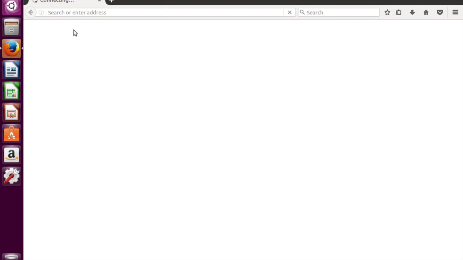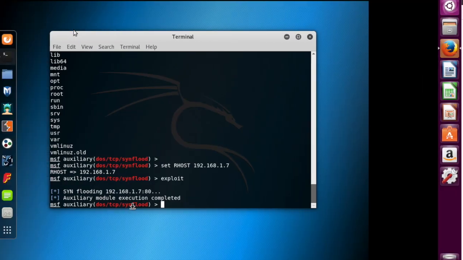These were just some simple DOS attacks that I learned about over the course of this homework assignment,